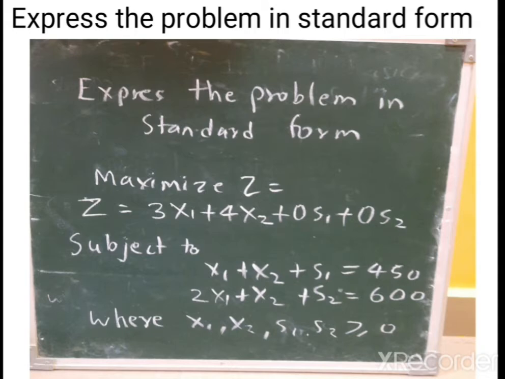So we will get this formulation. Note this down properly. It will give the same effect. Here S1 and S2 are slack variables. So this is the expression of the problem in standard form. The standard form is possible only when variables are non-negative and the right hand side of constraints are non-negative. These two conditions are satisfied, so we followed the steps and got the standard form of the expression.